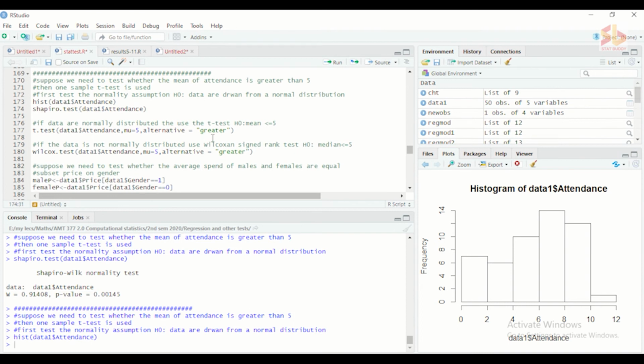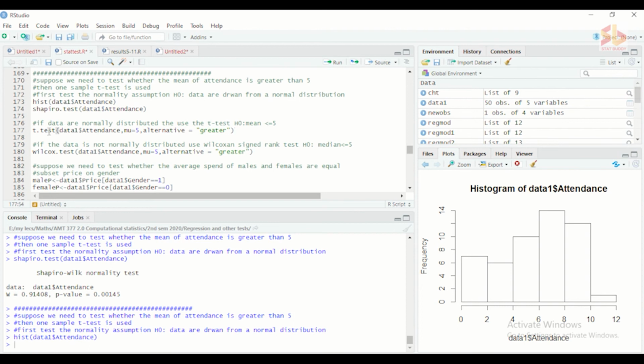If the null is rejected, we use the alternative, non-parametric test for the t-test. But here, suppose the data is normal; first we perform the t-test, then we perform the non-parametric test. If the data are normally distributed, then we test that the mean is less than or equal to 5, taking that as the null, because our interest is to find whether the mean is greater than 5. So that interest goes to the alternative hypothesis.